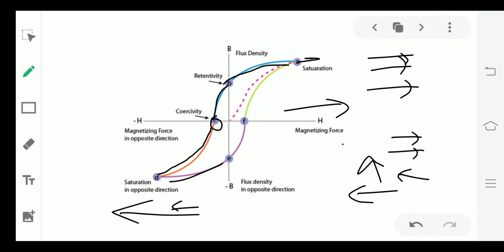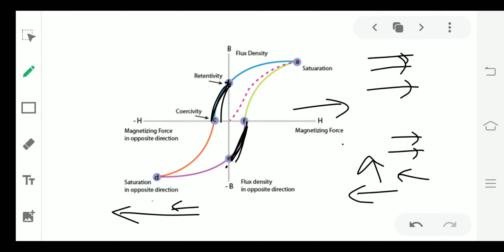After removing this, there is a point where the flux density is not zero. On again applying a force in the positive direction, opposite to this magnetic flux density, the magnetic flux density starts decreasing and comes to zero. So this region is the coercivity, and this region is the coercivity, and here it is the retentivity of the